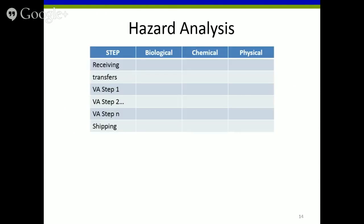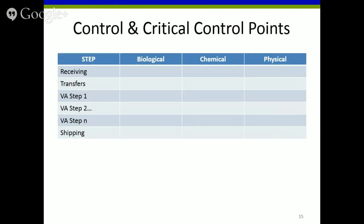Those steps in the process from beginning to end are arrayed against biological, chemical, and physical contamination concerns, and it's here that the trained HACCP facilitator helps the team take their knowledge of the process and apply it against the basic kinds of concerns associated with these basic contamination types. When those hazards are identified, the need for control point management or critical control point management to mitigate any one of the recognized risks at the specific steps where they are recognized and need mitigation is the design part of